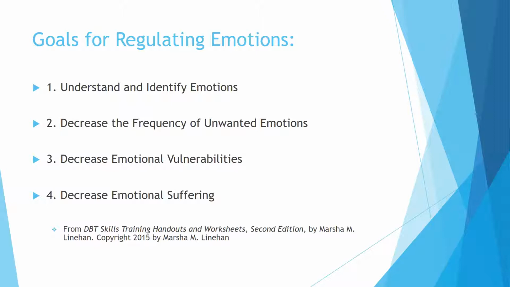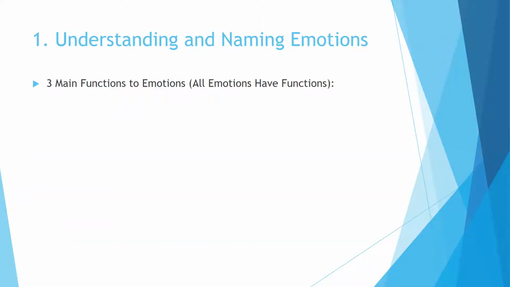It sounds easy, like here are 4 steps to regulate emotions, but as we all know, it's a lot more challenging than that. So it really just takes a lot of skill building, and how do you get good at any skill? It's practice, right? So let's take the first goal that we have, which is to understand and name our emotions, right?